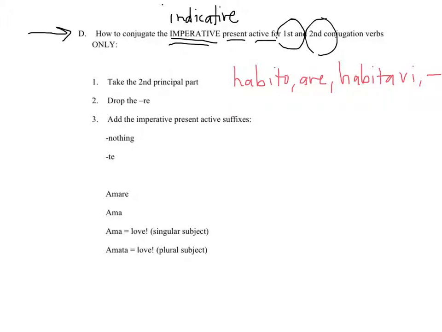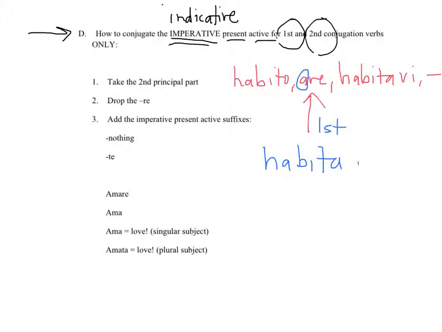If you find this in the dictionary and you need to conjugate the imperative present active, you know that you're going to start with the second thing in the dictionary, and you know now that because this has an A before the RE, this is a first conjugation, but it would be the same process for a second conjugation. You take the second thing in the dictionary. You would write out that form without any kind of abbreviation, habitare. You would drop the RE,